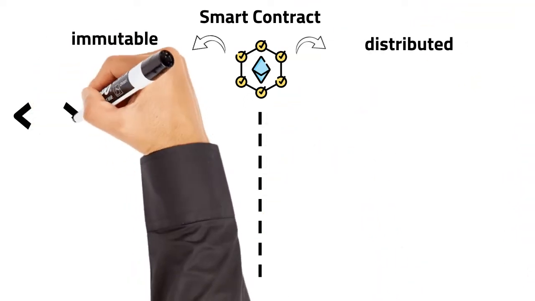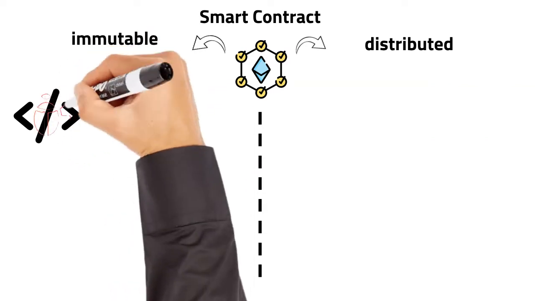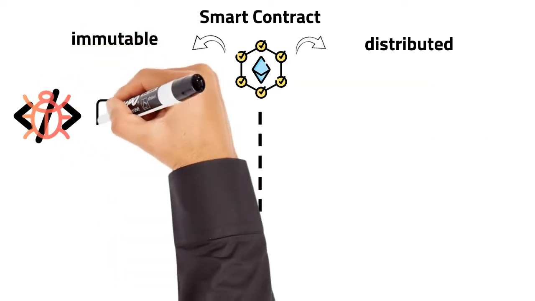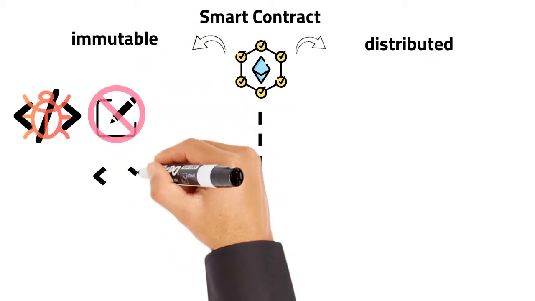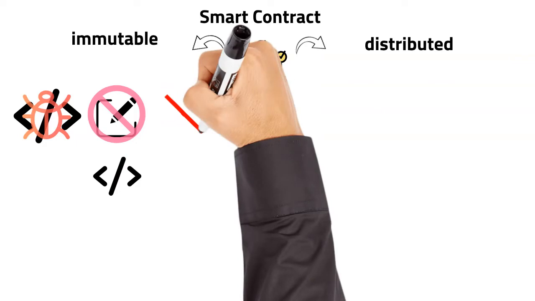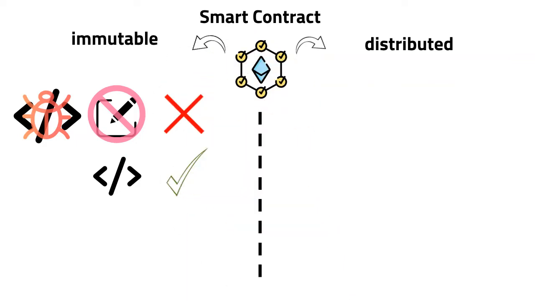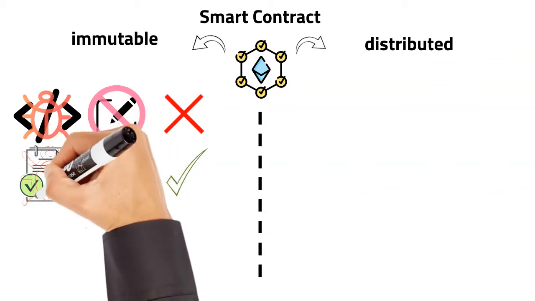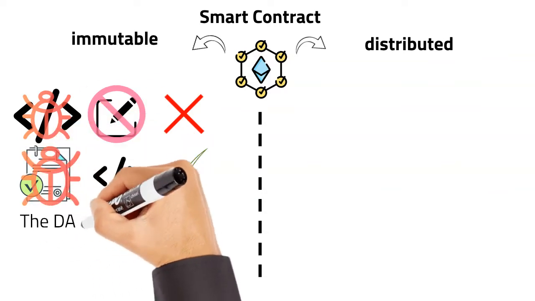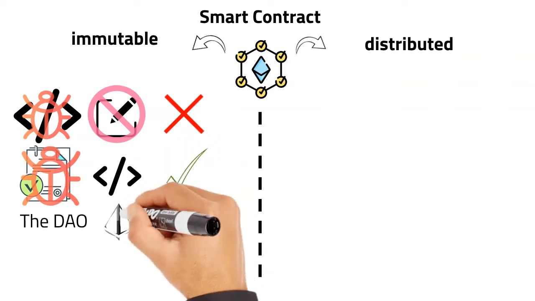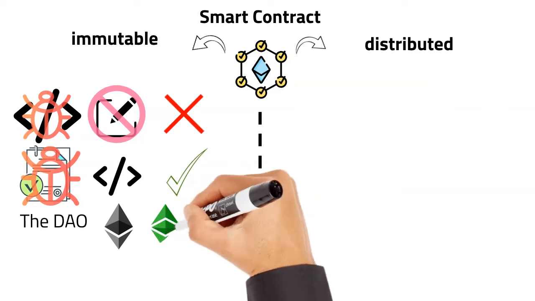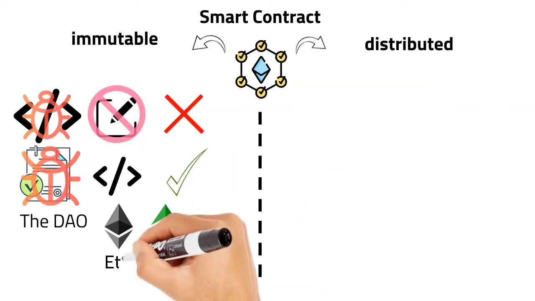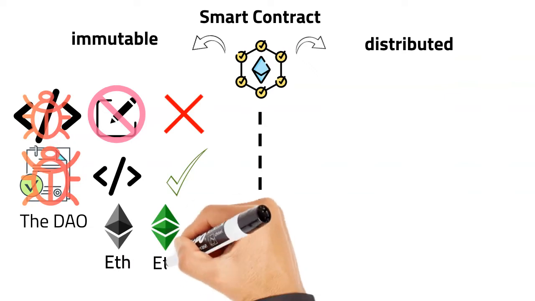If there is a bug or the code is insufficient, it will be buggy and insufficient forever. However, if you want to, you could just create a new smart contract and tell people not to use the old one. In fact, that happens very often. The best example of a bug in a smart contract is the DAO hack that resulted in millions of dollars worth of Ether lost, as the attacker was able to drain funds from the smart contract. This caused Ethereum to hard fork and the old chain is called Ethereum Classic.